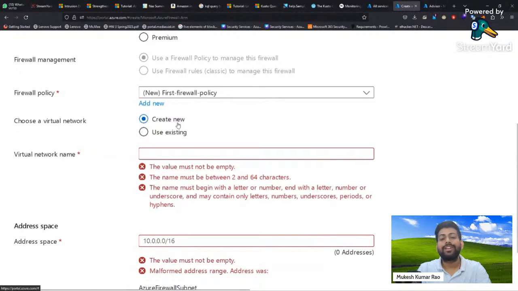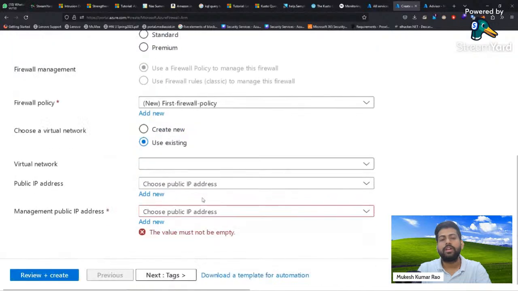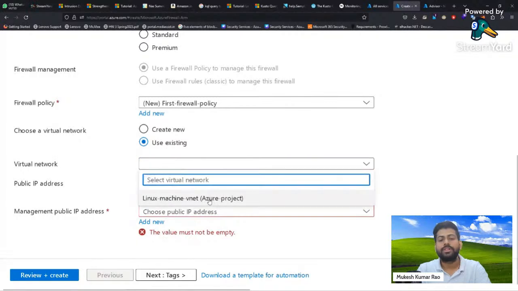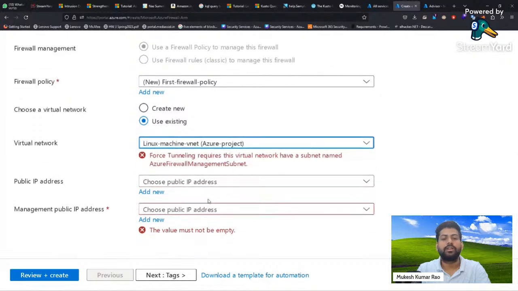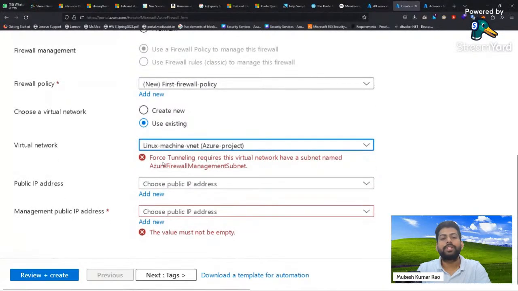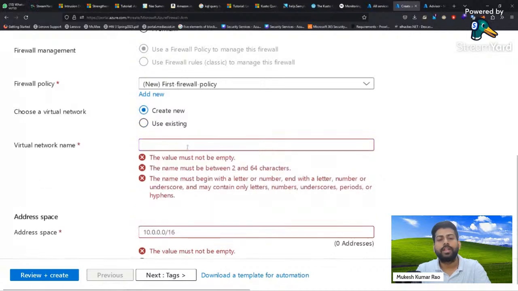So right now we are not creating a new virtual network because we already have one virtual network in which our one EC2 machine, sorry, the virtual machine is running. So this is the Linux machine that we have created last session. So now it is giving something like force tunnel required, this virtual network to have some net mask, something like that. Okay, no problem. We'll then create a new one.